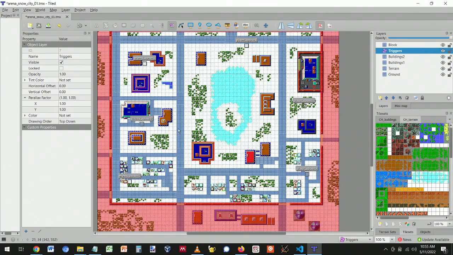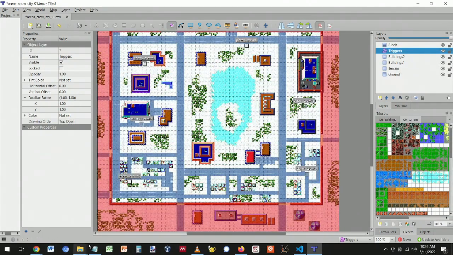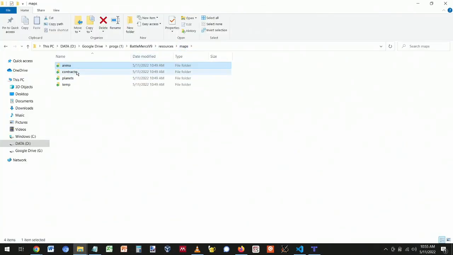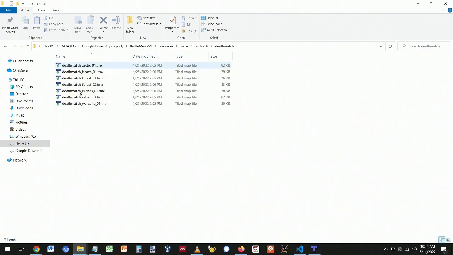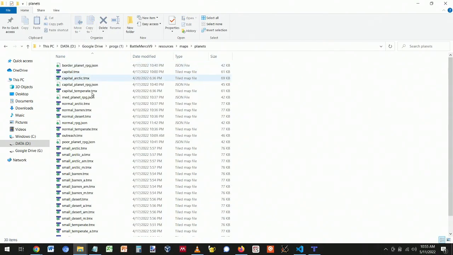The other special layer we have on BattleMercs is a layer called Block, and this is where we block out all the impassable tiles. So in an arena, what I've been doing is surrounding arenas in a big wall and just blocking off everything outside the wall. If we load up a different map, so if we go back over here and rather than arena, we look at contract maps, so there's deathmatch maps. Well, just since we're here, there are